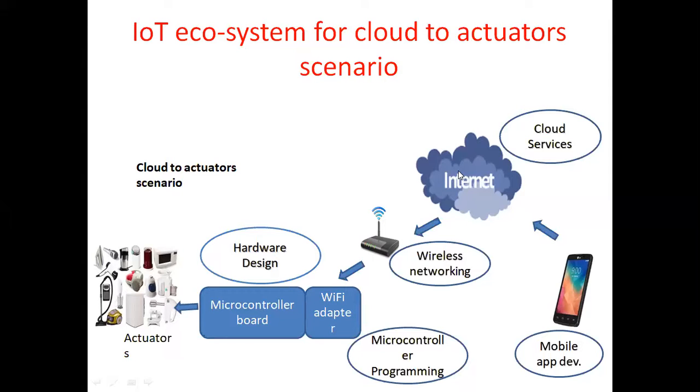In that case, we want to send some commands, either 1 or 0, to the cloud. From the cloud, our device will read the data. Based on that command, we want to turn on or turn off some devices. Do you understand? The next concept is the reverse, from mobile to cloud or cloud to actuators. This is the reverse case. In order to control the appliances, this is the cloud to actuator scenario.